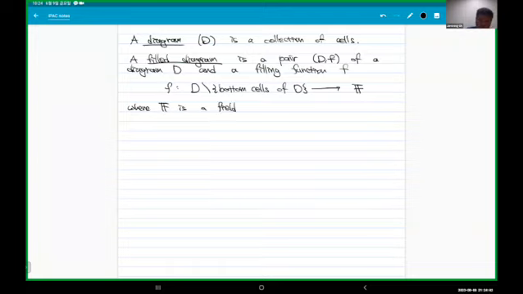And for our purpose, it usually contains the field of rational functions over Q and T. But you can think of it as general as possible, so any field. And for a filling sigma of D,